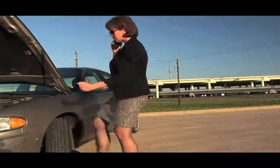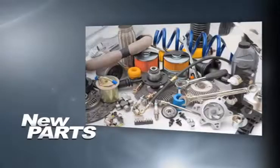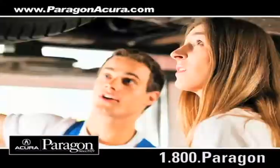Taking your vehicle to a big-name chain service provider can be expensive and irritating. Whether you need to order new parts, an oil change, or a tune-up, Paragon Acura uses the industry's best factory-trained